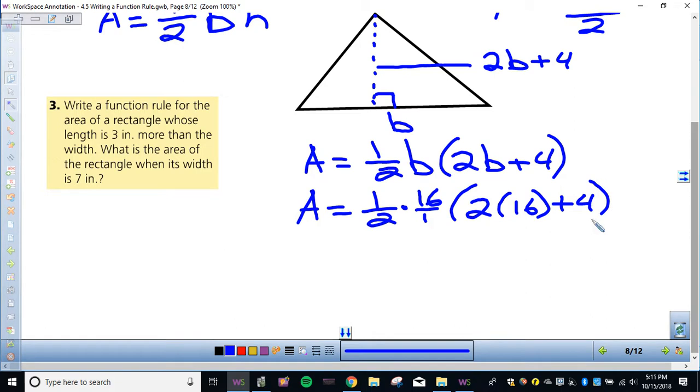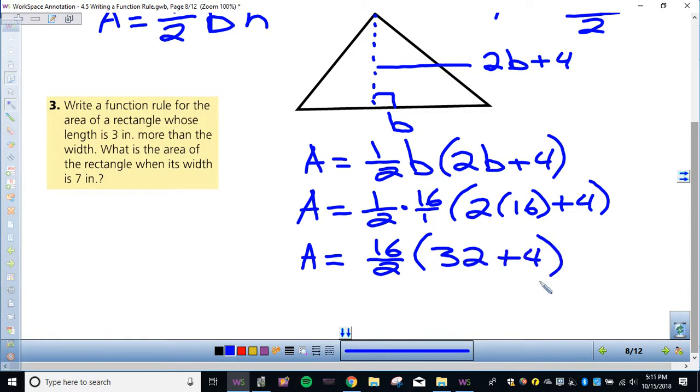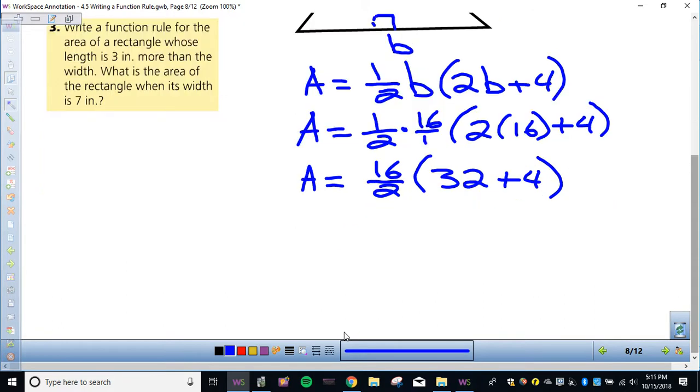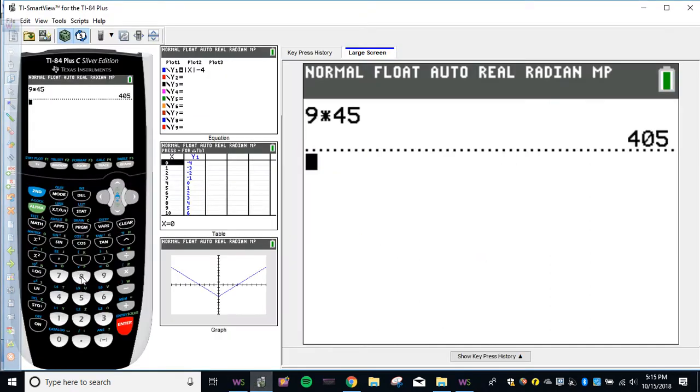So that's order of operations fun. If we multiply straight across top and bottom, we get 16 over 2. 2 times 16 is 32 plus 4. Now we'll continue to simplify. So area equals 16 divided by 2 is 8. 32 plus 4 is 36. And to be safe, we'll plug that into the graphing calculator and make sure we get the correct multiplication. So 288